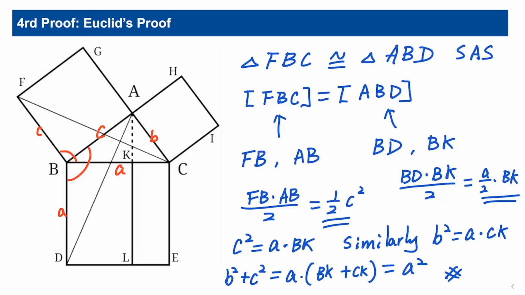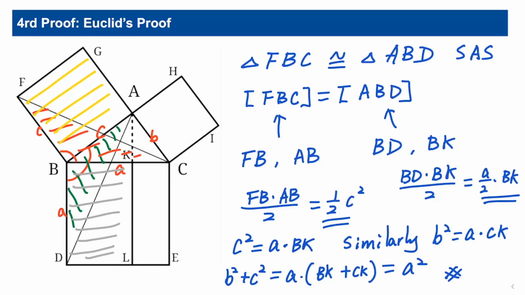One central idea of this proof is the area of this triangle equals the area of this triangle. And the area of the green triangle is 1/2 of this gray region. The area of the red triangle is 1/2 of the gold region. Therefore, the area of the gold region, which is C squared, equals the area of the gray region, which is